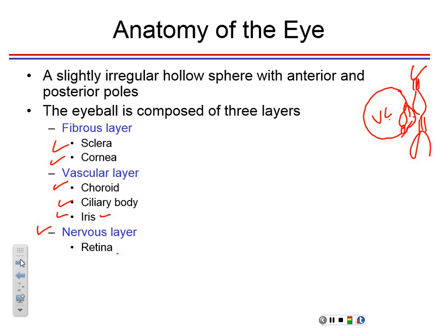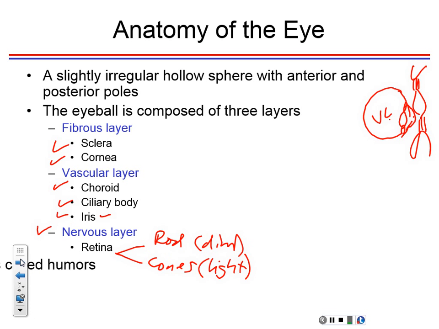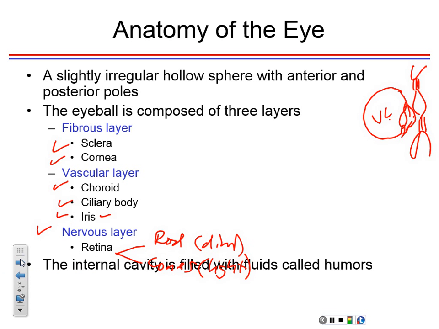retina, and includes the rods, which are active in dim light conditions, and cones, which are active in light. And therefore, cones are responsible for color vision. Cones. All right? So we'll do those receptors towards the end. All right? And then, of course, we've got the